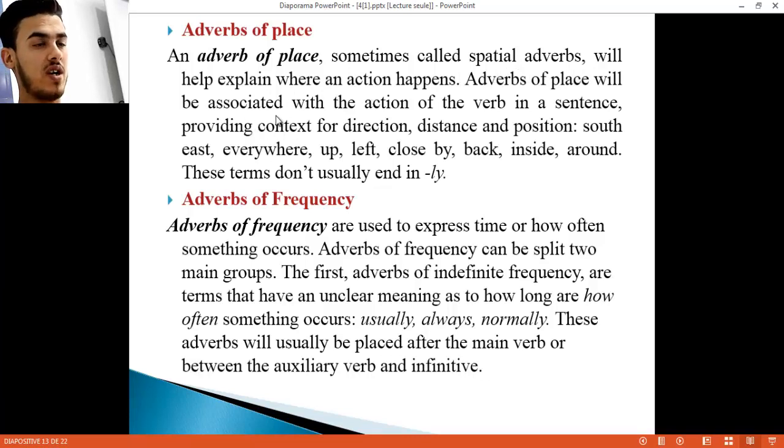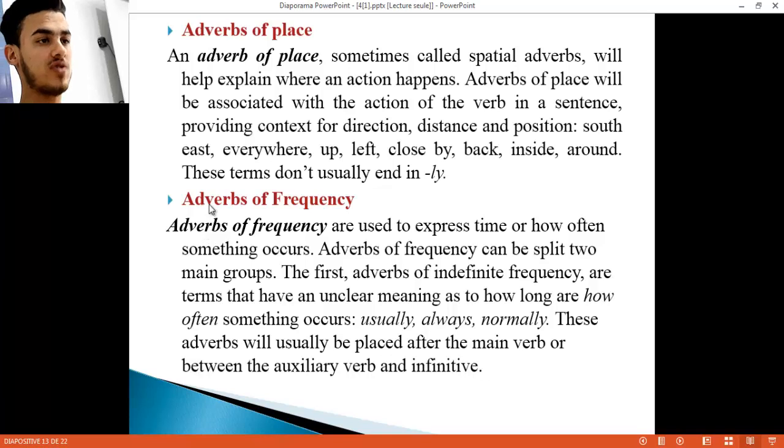Adverbs of place will be associated with the action of the verb in a sentence, providing context for direction, distance, and position. South, east, everywhere, up, left, close, by, back, inside, around. This type of adverb doesn't have -ly at the end. So, adverbs of place generally indicate a place or a specific place, like north, east, west, or the